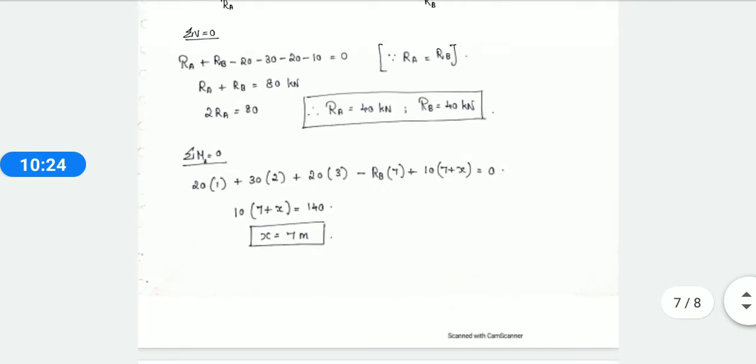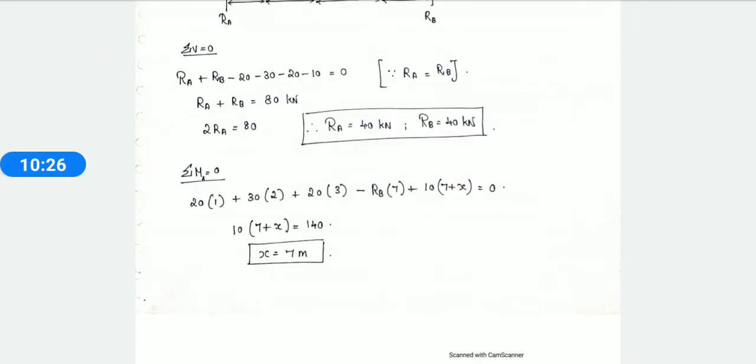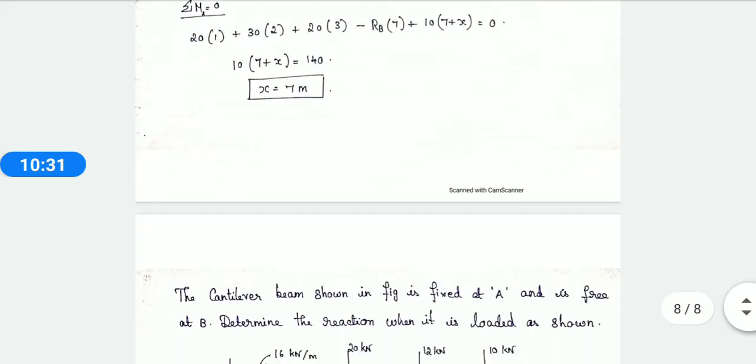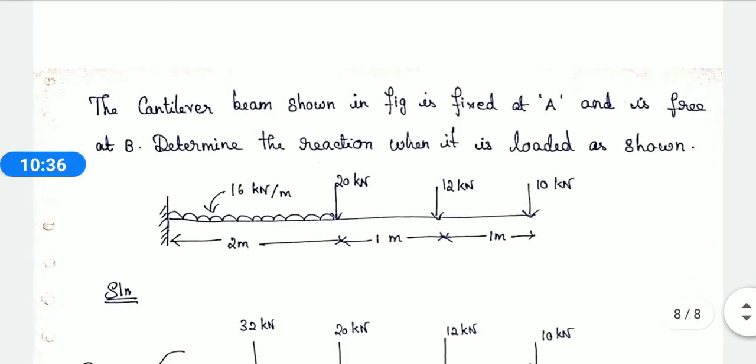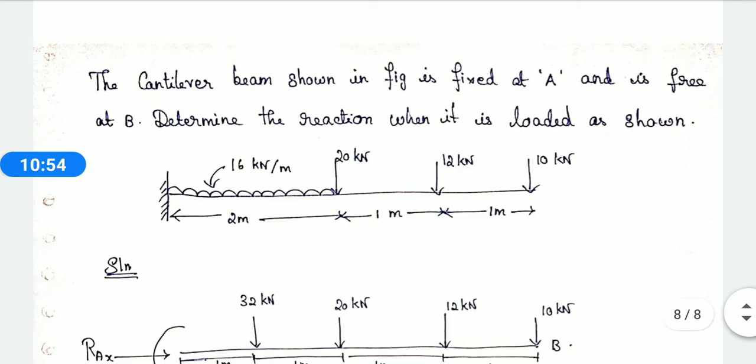Whenever they are asking you to find the reactions as well as the distance or moment, you use only three conditions, that is summation of horizontal forces is equal to 0, vertical is equal to 0, and moment is also equal to 0. Now we'll see only one more problem, because when we complete this, we'll complete up to all the basic problems. In the next class, we can see about the inclined loads, different loading conditions to find the unknown loads. Many combinations will be there, so just we'll see all the basic sums now.